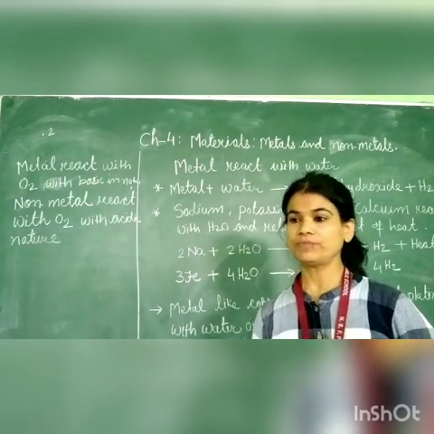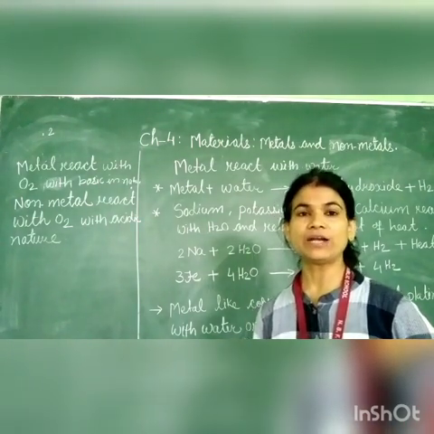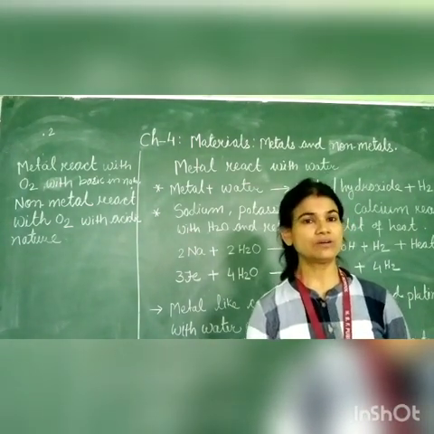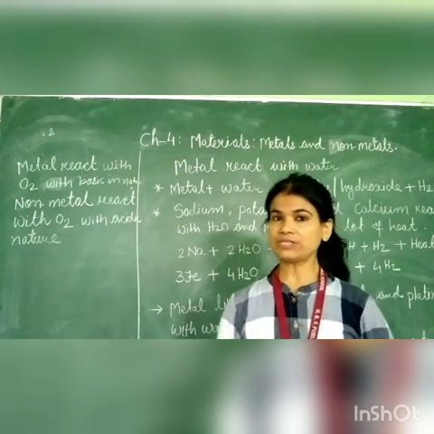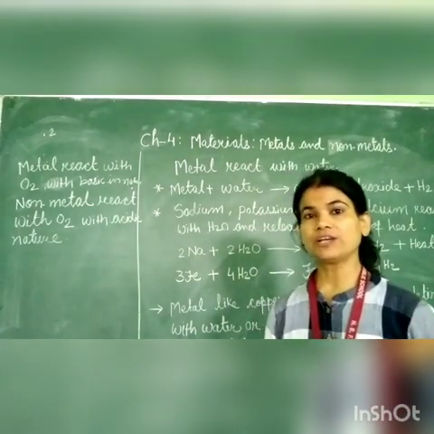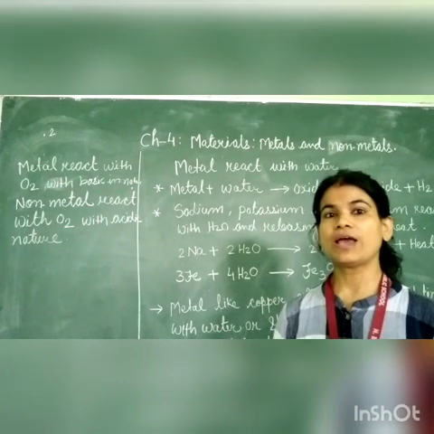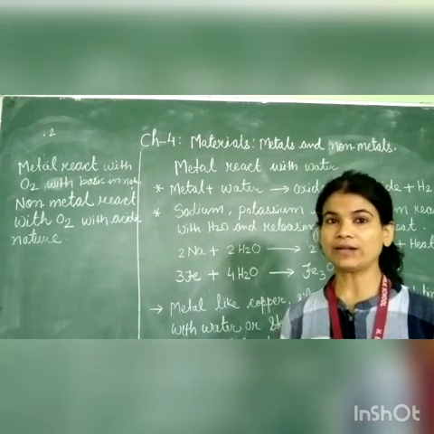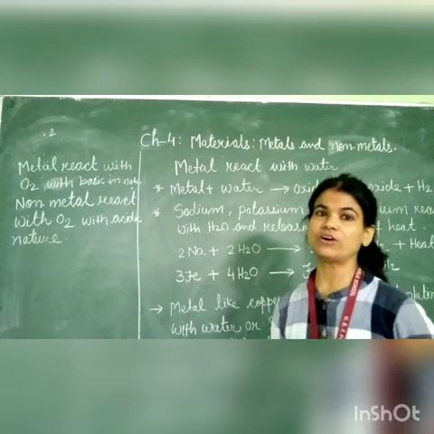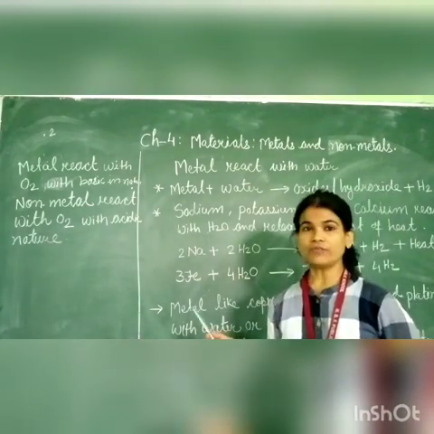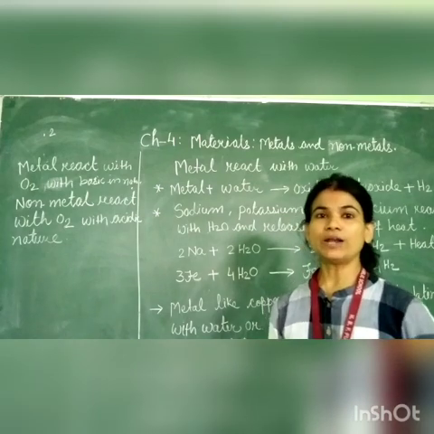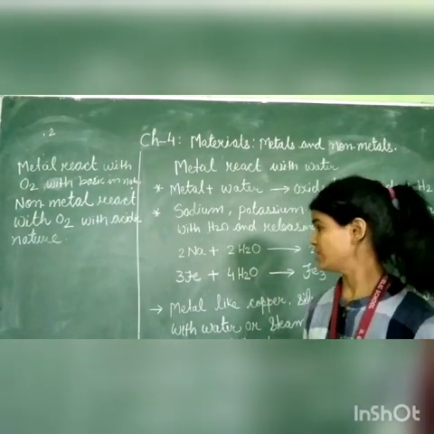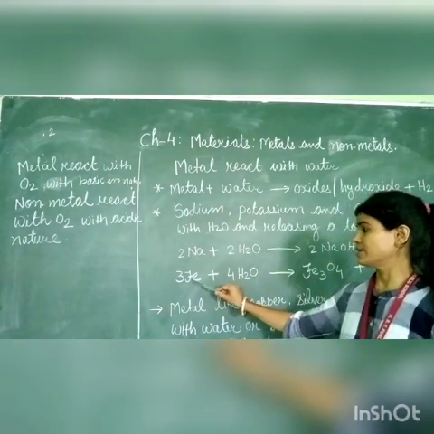When you leave iron metal in atmospheric air, and nowadays the rainy season is going on, in this time iron metal reacts with atmospheric air, absorbs that water and reacts with it. That type of reaction is known as rusting of iron. Rusting of iron means a brown colored layer deposits onto the iron metal. See here,